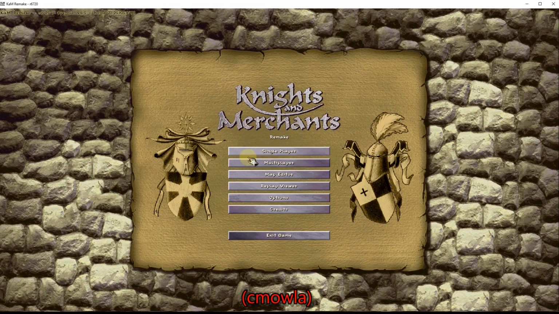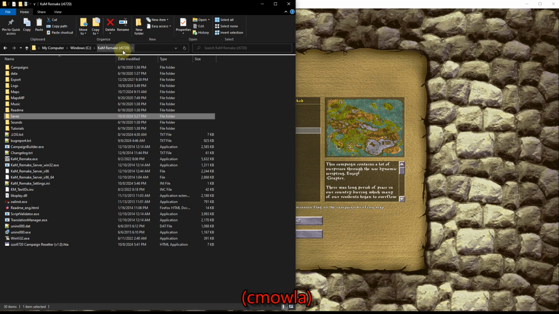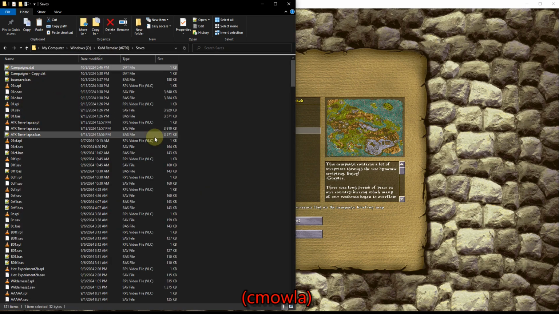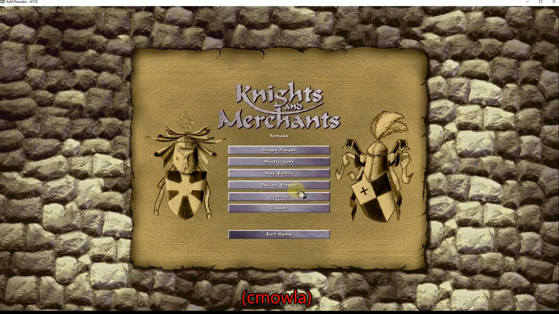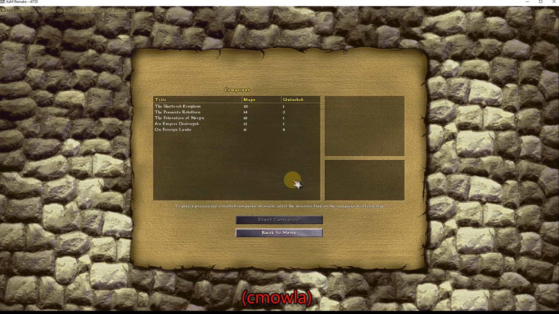Alright, let's say that I want to reset the campaigns. I want to start over for whatever reason. This is the CaM R6720 folder in the C drive. You go to the saves folder. You can use this tool that I'm about to show you, or you can just simply click campaigns.dat and delete it. And now you can restart R6720, and if you go to the campaigns folder, it didn't make any changes,